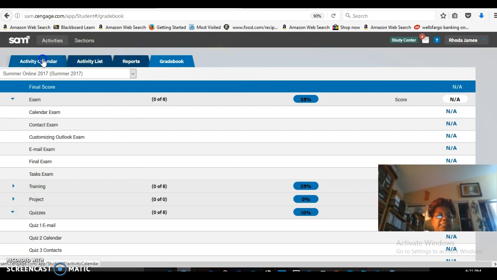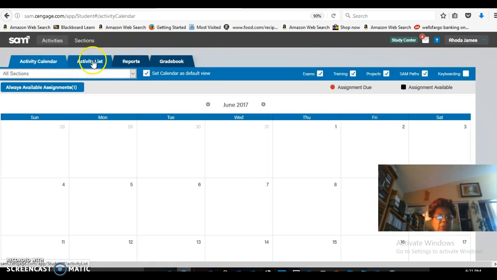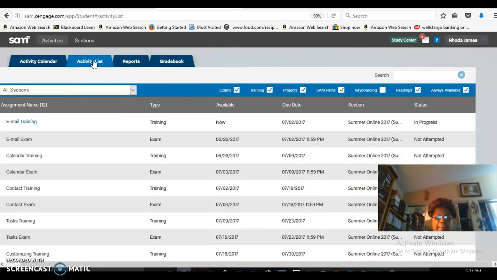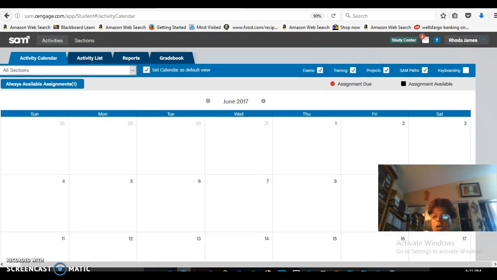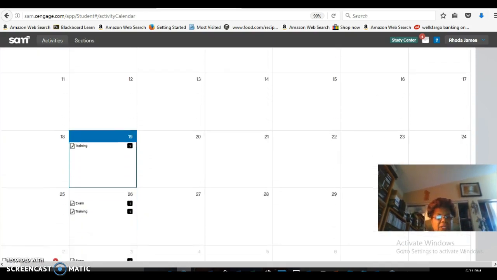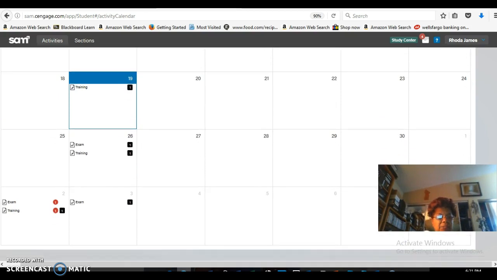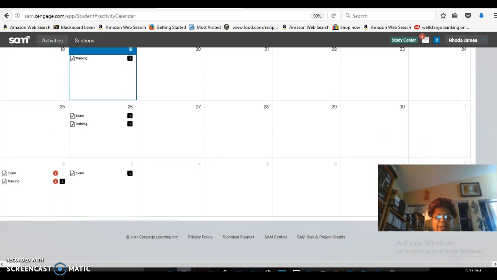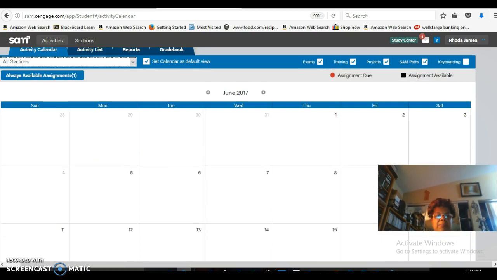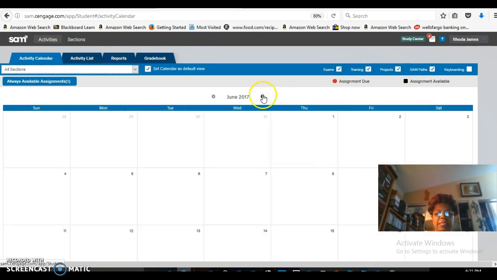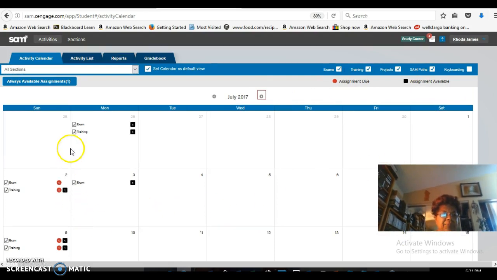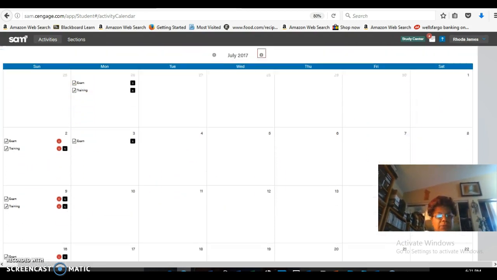So that's just your activity calendar, and this is your activity list. All right, and on the calendar, basically, it gives you all of the due dates of everything you need to do in SAM. So you have your training, you have your exams, and you go to the next month, you will see the same thing. That's in June. Then July, you're going to see the same thing, your exams and your training. All of those are in SAM,